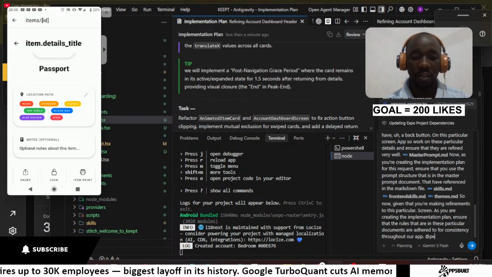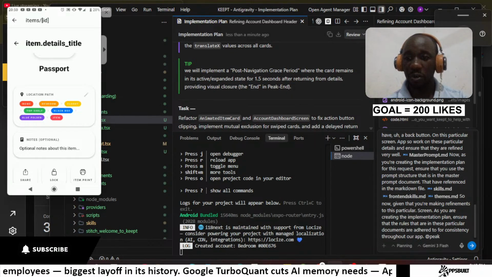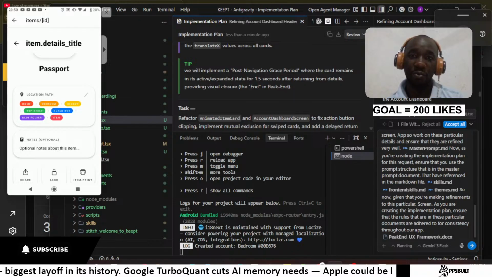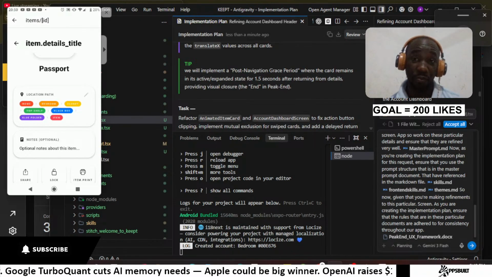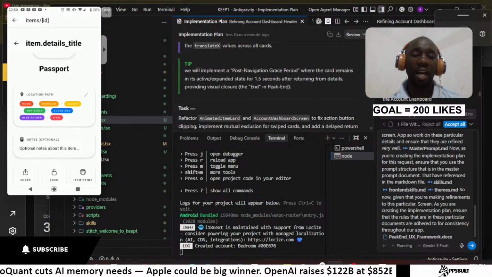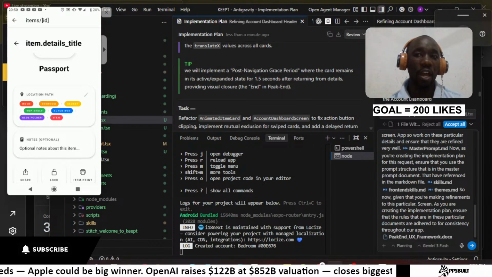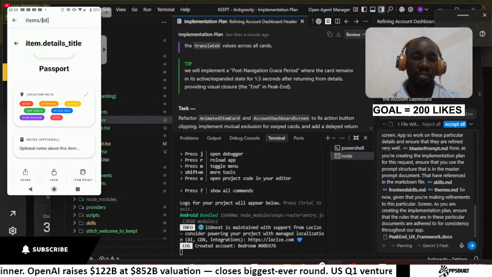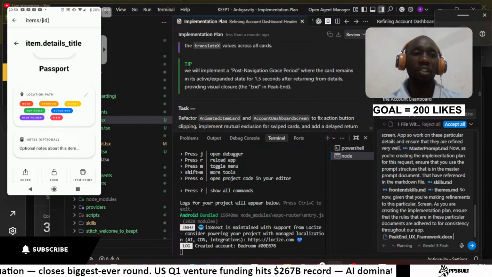So let's reference the peak document. I'm going to talk about it. Now, this document that I'm referencing is also quite important. We have a peak end framework. So what is a peak end framework? It's a framework that allows users to get a very good experience when they are using your app. You want them to get certain nudges in terms of the micro interactions that you're going to add to the app, and they want to feel them when they are using your app. You want them to feel like your app is a quality app when they are using it,